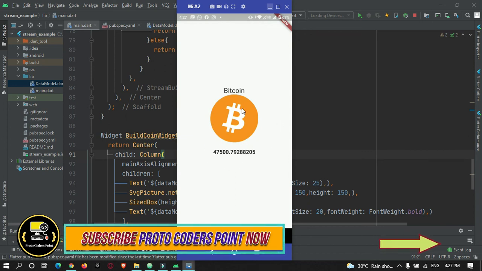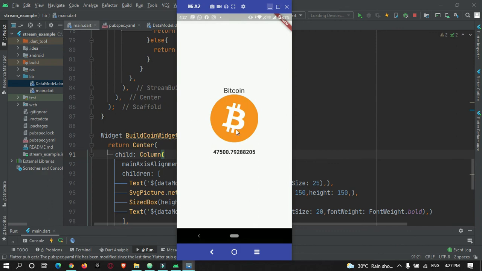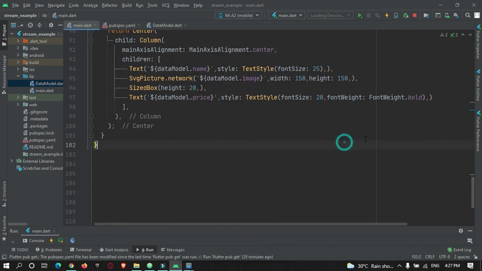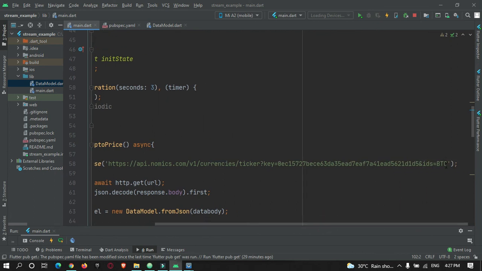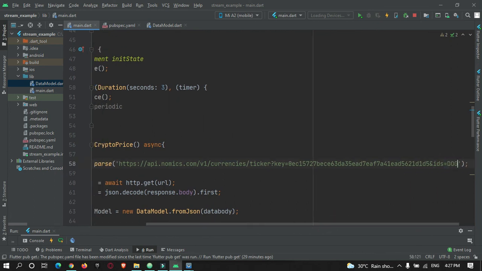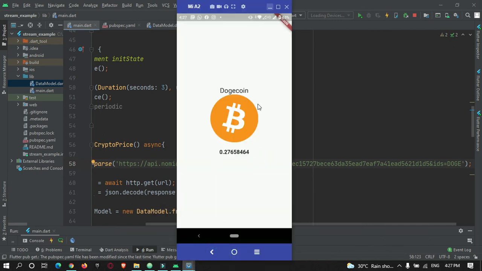So let me show you how to fetch a Dogecoin price. So for that, in the URL I will just make a change, DOGE, doggy. So I will just hot refresh. So now you can see it got changed to Dogecoin, and the Dogecoin value is being shown to the user.